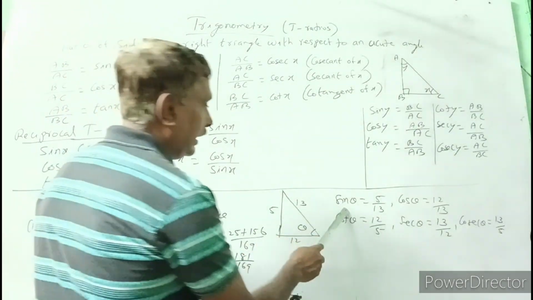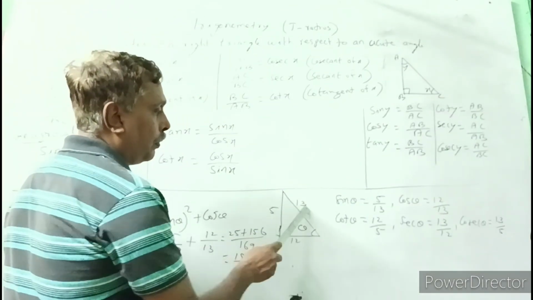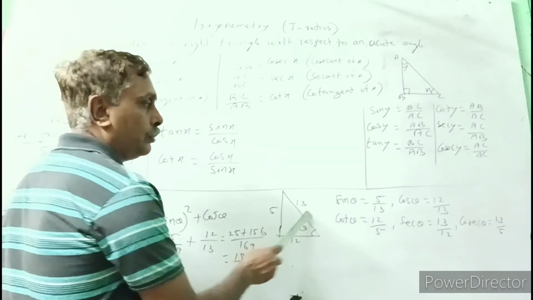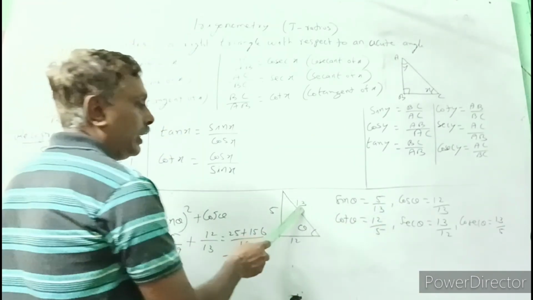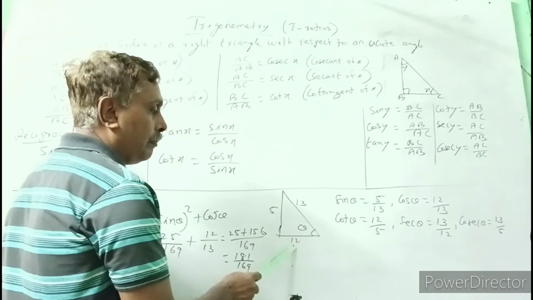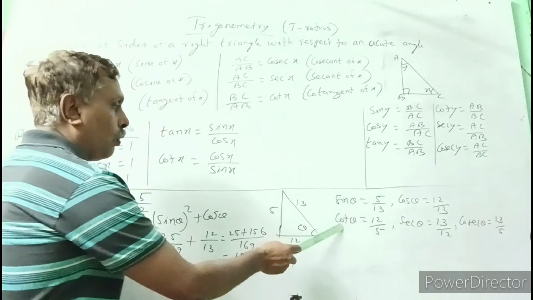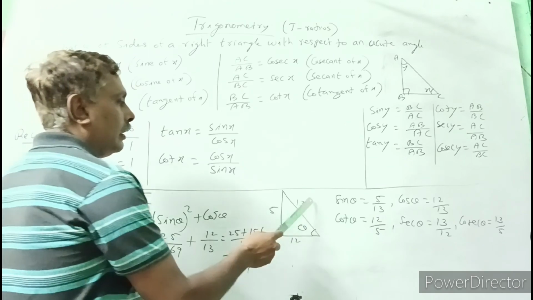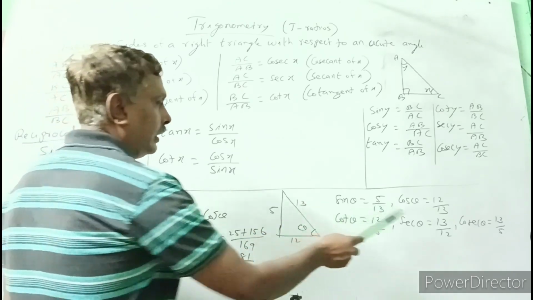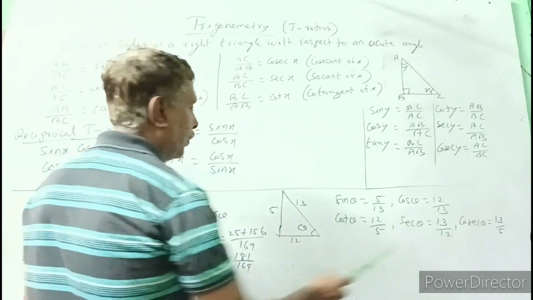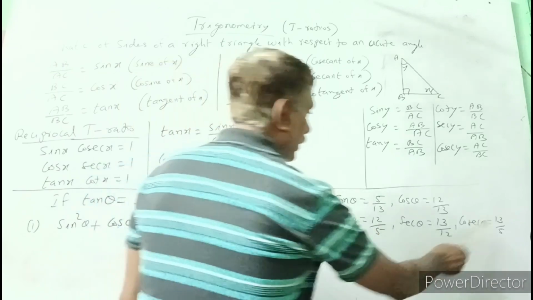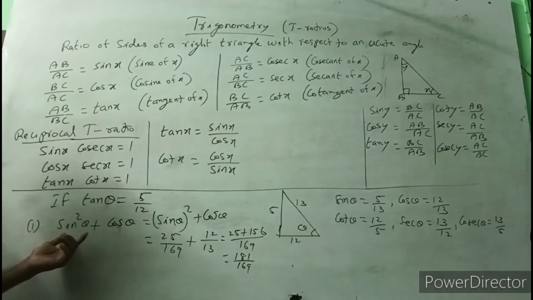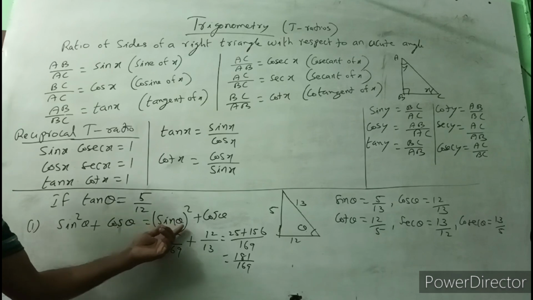So you can write sin theta is 5 upon 13, opposite upon hypotenuse. Cos theta is 12 upon 13, adjacent, base upon hypotenuse. Cot theta, base upon opposite, is 12 upon 5. Sec theta, hypotenuse upon base, is 13 upon 12, and finally cosec theta is 13 upon 5. So I use one of the questions here, sin square theta plus cos square theta equal to,